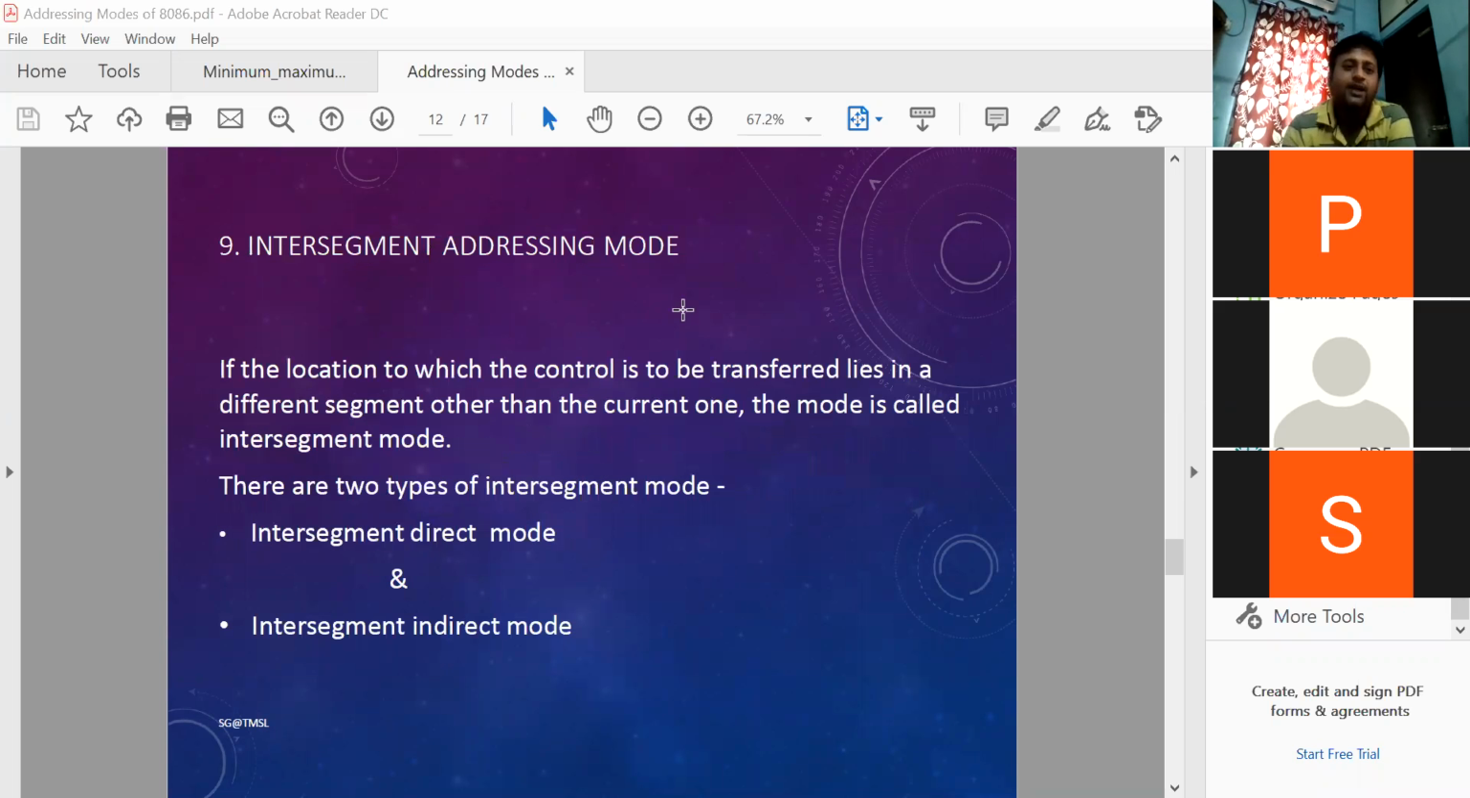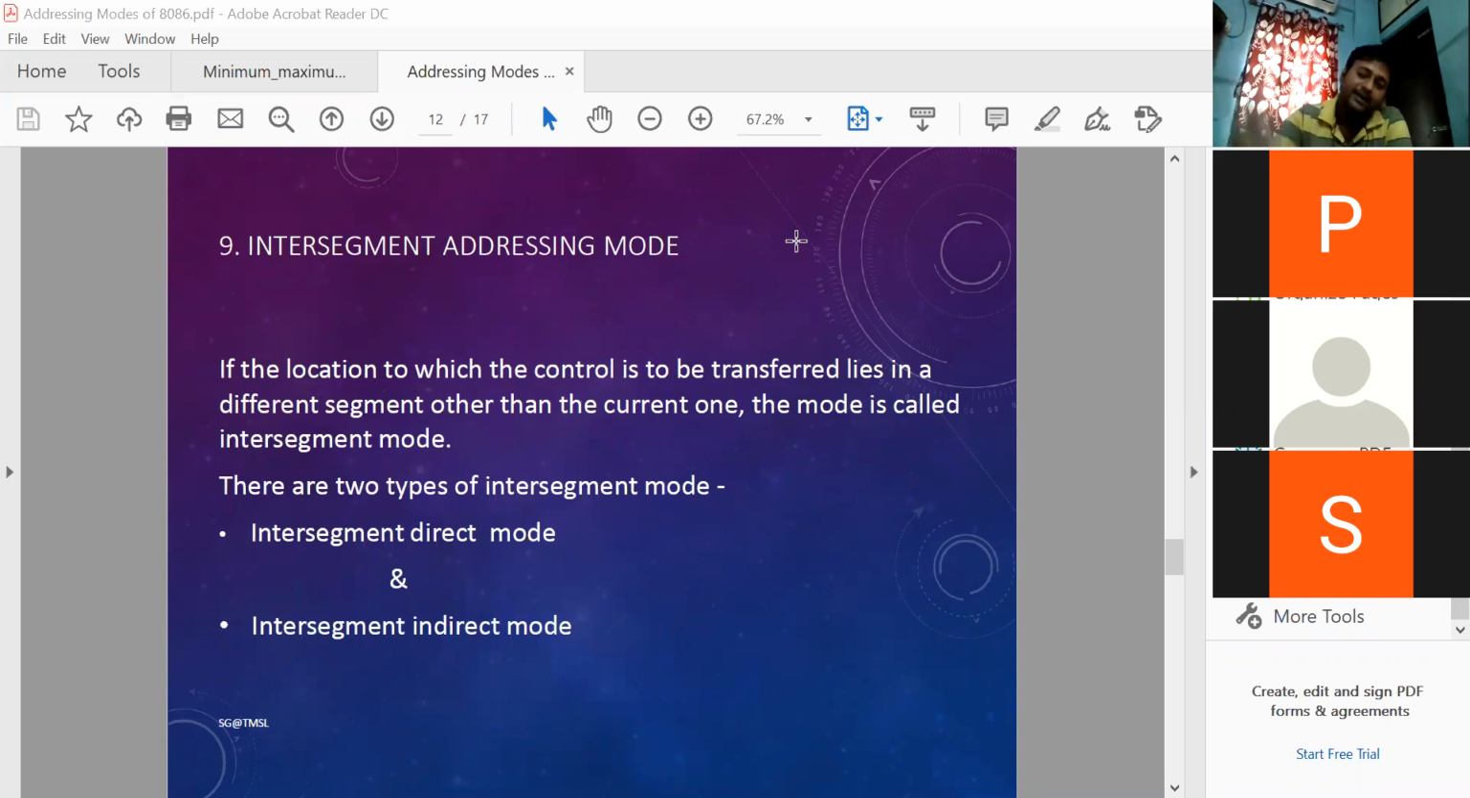Now next is the inter-segment addressing mode. Inter-segment or intra-segment addressing mode. There are nine classifications; number 9 is inter-segment and 10 is intra-segment. Inter-segment is where your program control is transferred